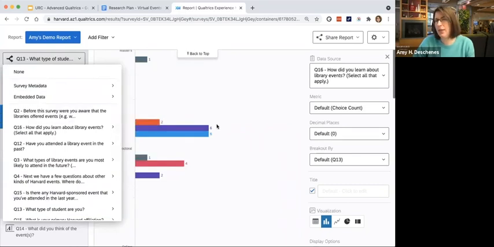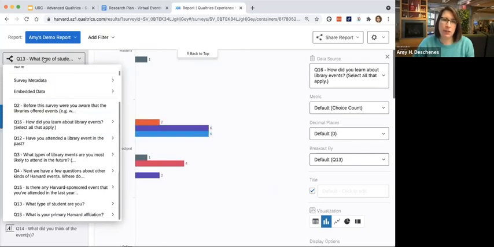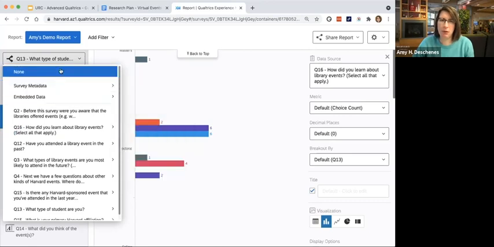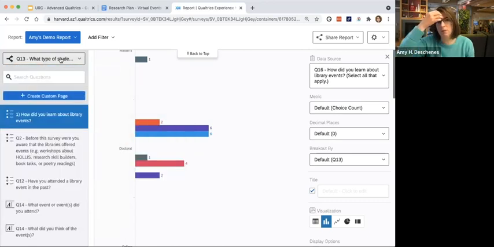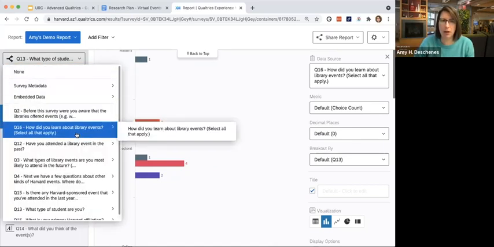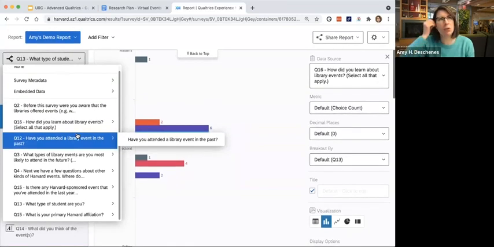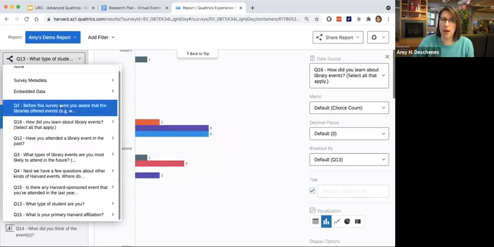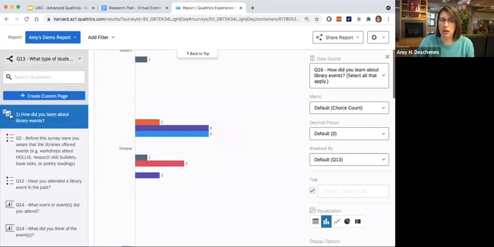Danielle, if you have had this happen or have any thoughts on this, if you want to throw them in the chat, that'd be great. But if that happens, definitely feel free to email me or ask Hewitt about that, because that seems weird. Everything should show up here, although I don't know if it allows it for certain kinds of question types. Maybe that's what it is. I don't know if you get the option for open-ended questions here. It might only be the quantitative questions that you can pick. So that's my other guess.